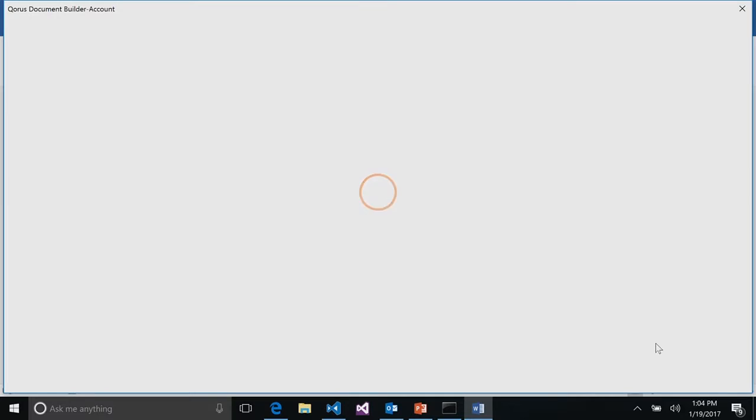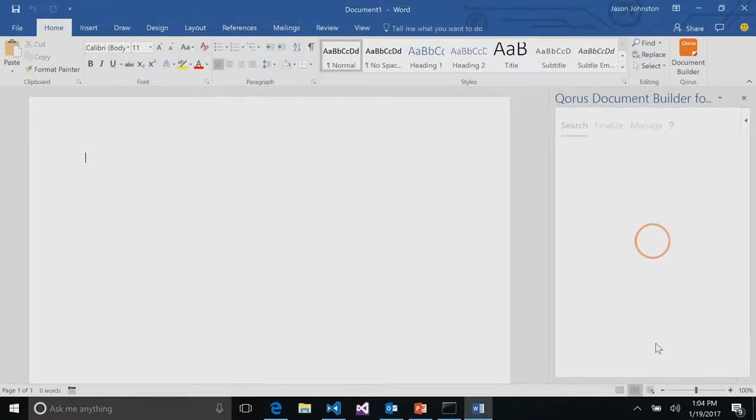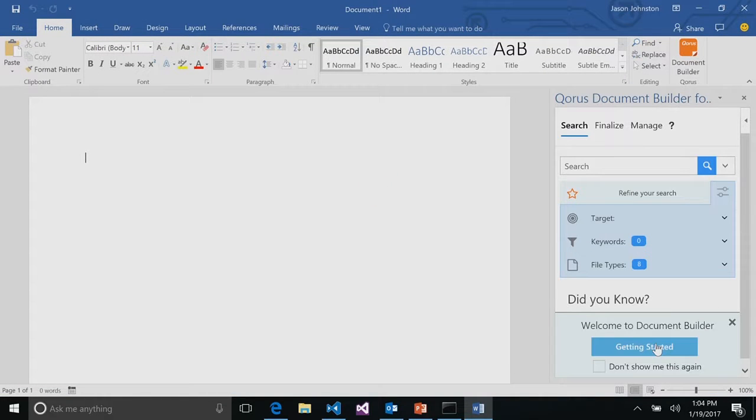Okay, so now while that's signing me in, if I had not already configured this, then they would continue on and ask me to choose which SharePoint libraries I want to use with their service.